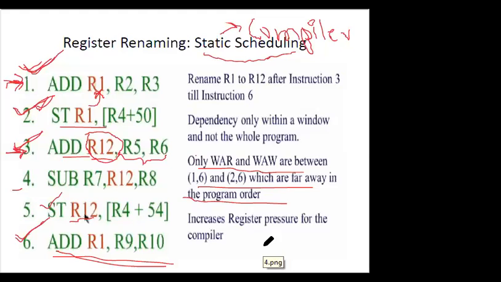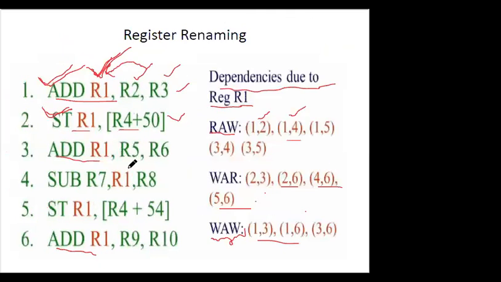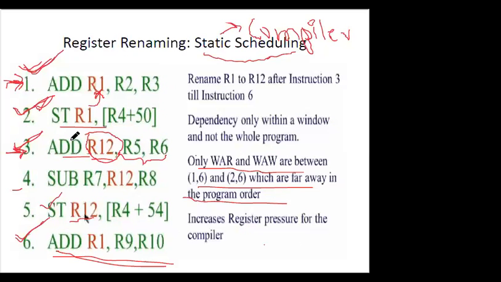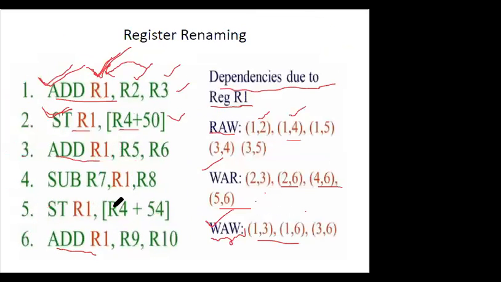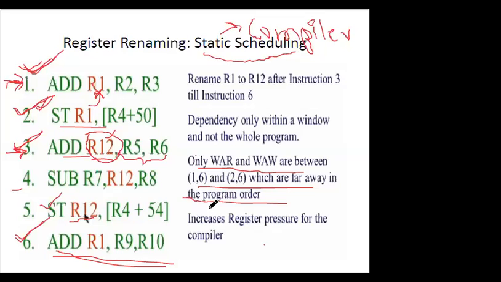So register renaming has addressed the dependencies which we saw previously in this case. These WAR and WAW were the dependencies. The 2-3 dependency was eliminated in this case. Now 2 and 3 are not dependent on each other, as we have changed the name of this register; it has been renamed to some other name. The 4-6 dependency and 5-6 dependency reduced, faded away. 1-3 reduced, 3-6 reduced, as is evident in this static scheduling based on the renaming process.